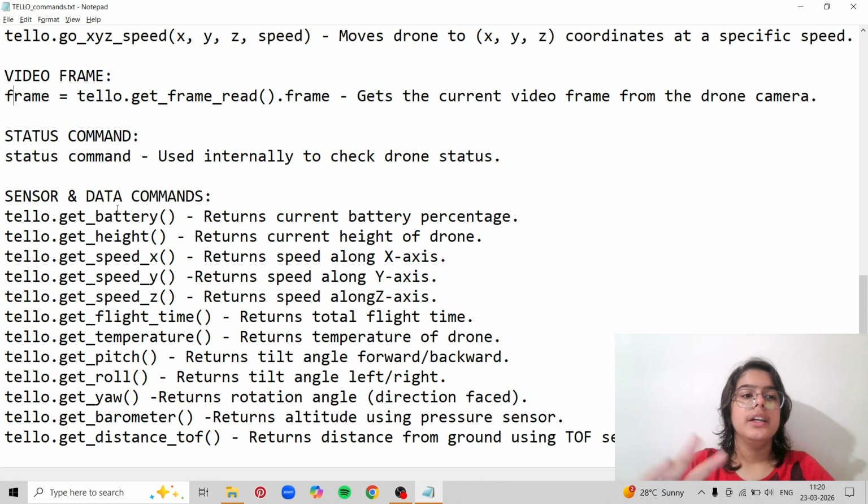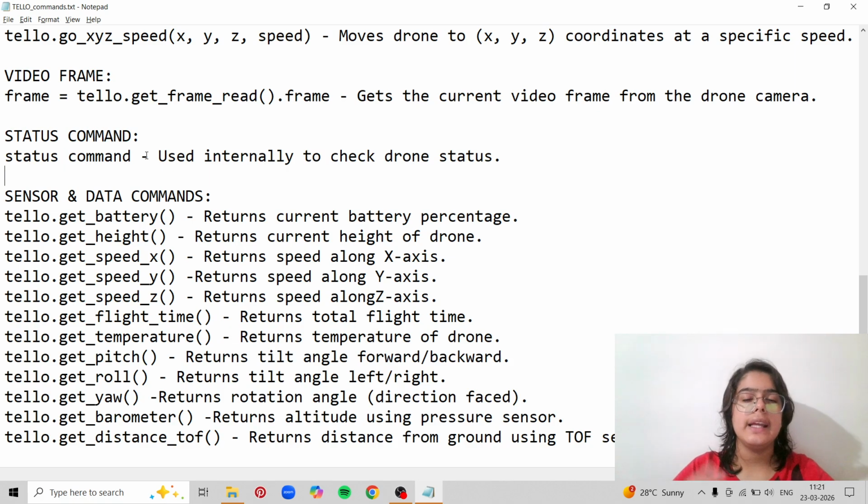So the status command gives the output in the code as well. When you run it, the syntax is simply status command. It will show you things like the speed of the drone, the battery of the drone, how many meters the drone has gone so far, or stuff like that. You can try the status command. It will not make any difference to the flying of the drone.